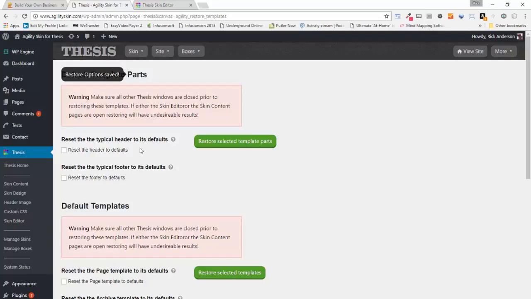But this is one of the big features of Agility 3.2: the ability to go back in and restore parts of a template, or restore some things back to the original because you messed it up, and you don't want to lose it without having to restore everything. It's always nice, and probably not realistic. But